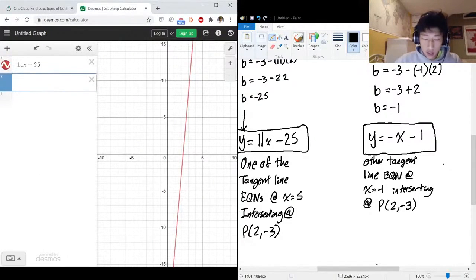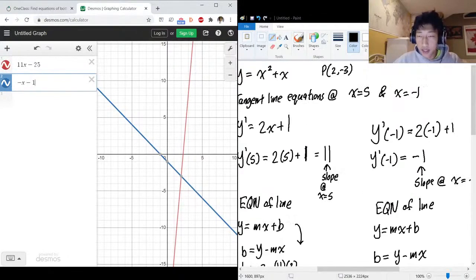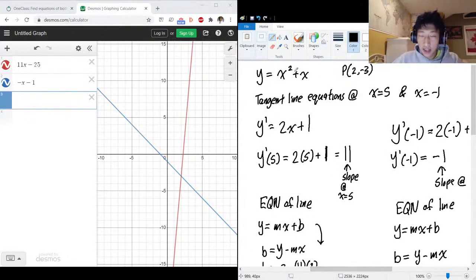Our second equation, minus x minus 1. Hey, let's see if they intersect at the point 2, negative 3. Oh, would you look at that? Would you look at that? That's cool. Our original equation was x squared plus x